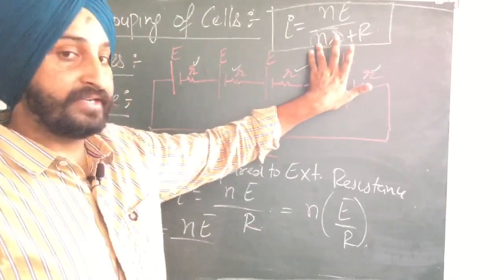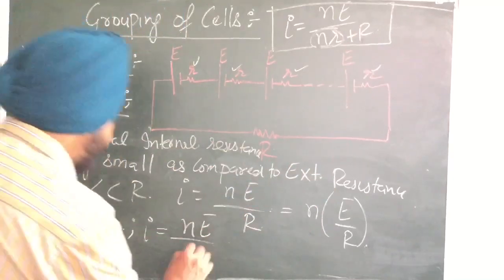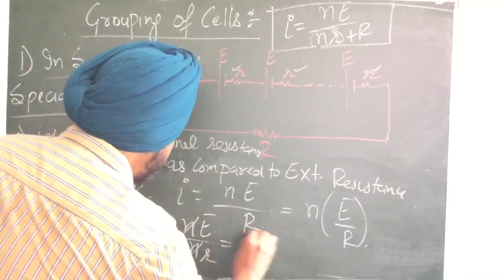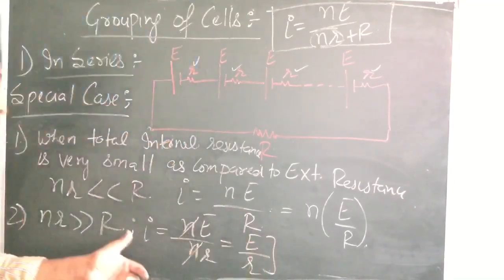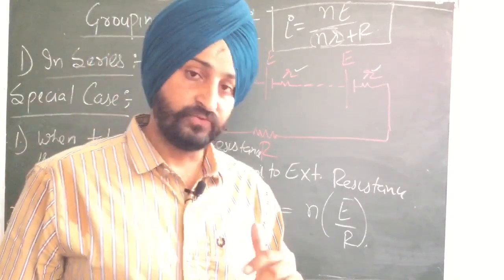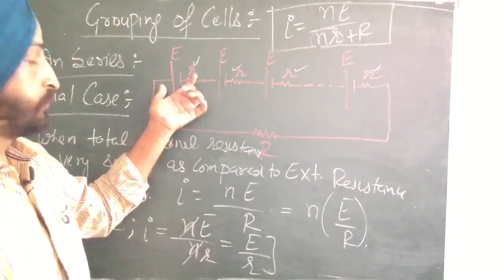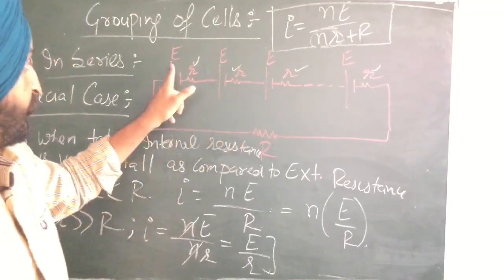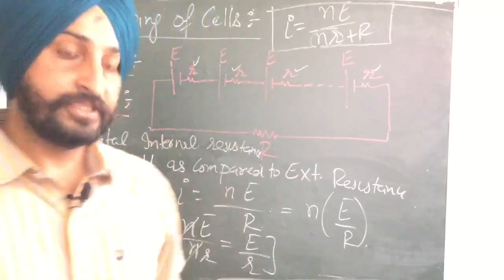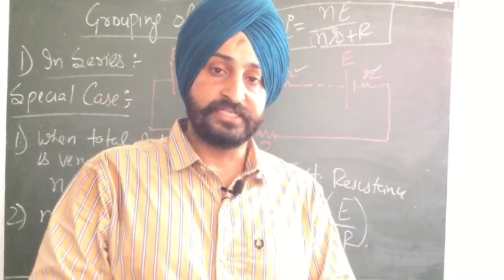Now this nr is quite large as compared to external resistance, so external resistance can be neglected. If we neglect it, we will be left with this. n and n will get cancelled, so it will be equal to E by r. So total current would be equal to E by r. As n has been cancelled, this means the total current would be very small. It will be approximately equal to the current produced by one cell only. EMF divided by its resistance will be the current that will be passing in one cell only. So in this way current will be very low when we are considering external resistance as very small.